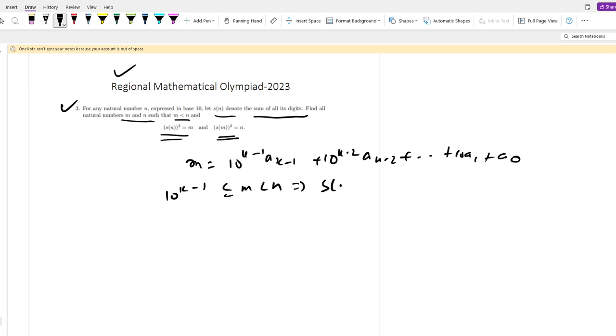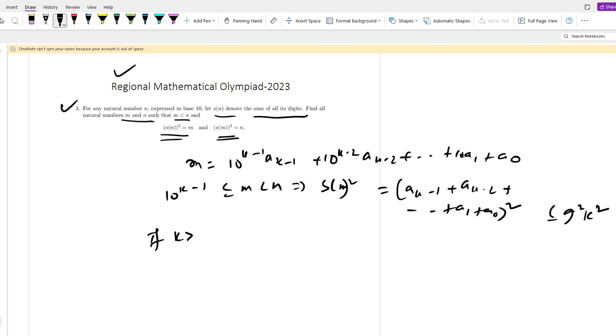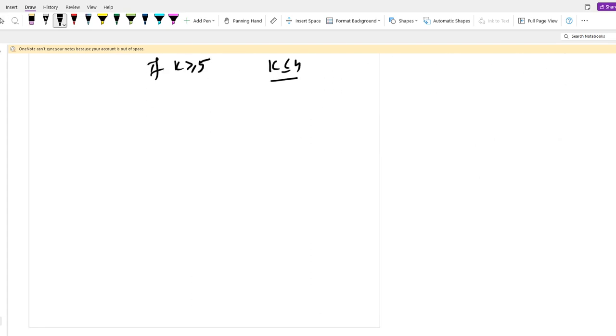So this is S(m) square, that is (a(k-1) + a(k-2) + ... + a1 + a0) का square. So that is less than 9 square k square. So if k greater than or equal to 5, that is not possible, hence k less than or equal to 4 we take. At k equal to 4 we now calculate m equal to